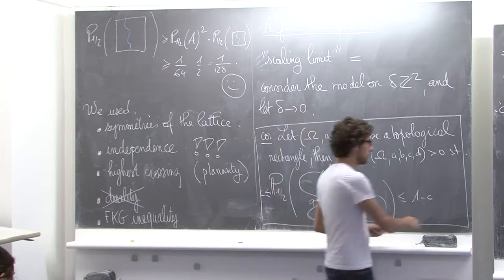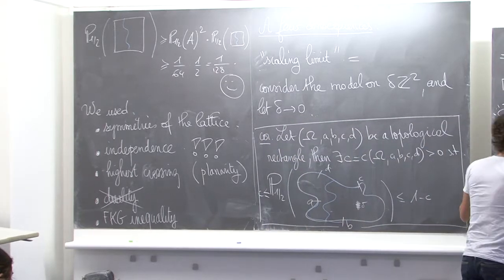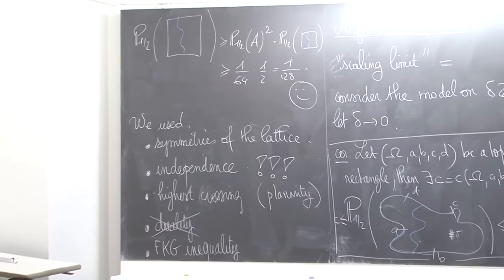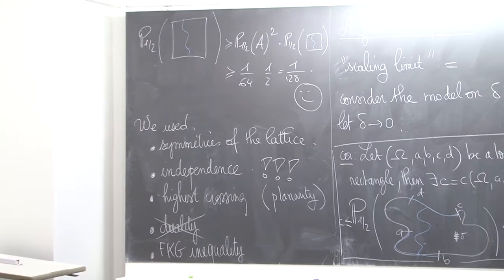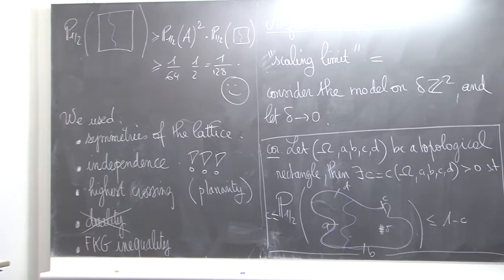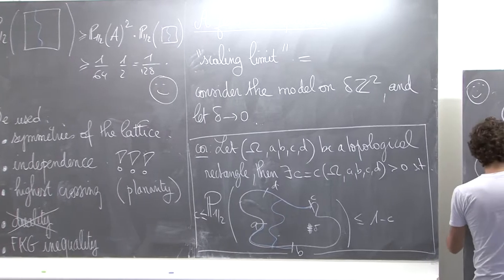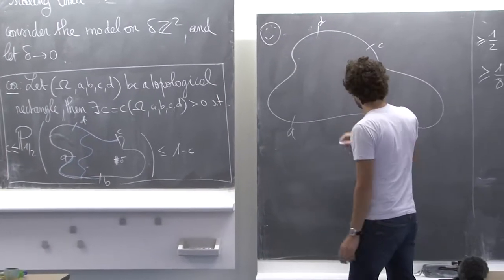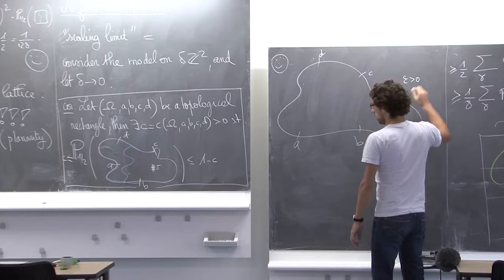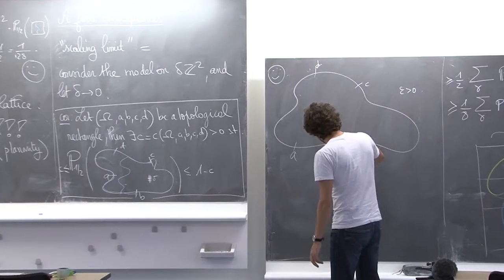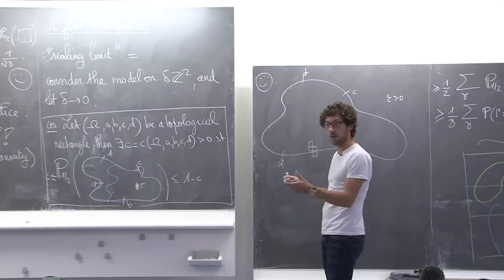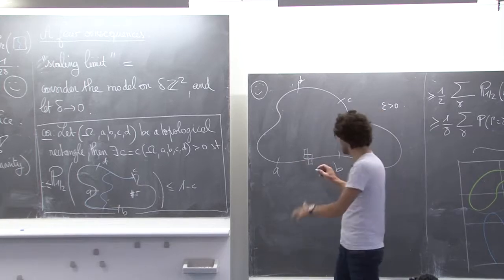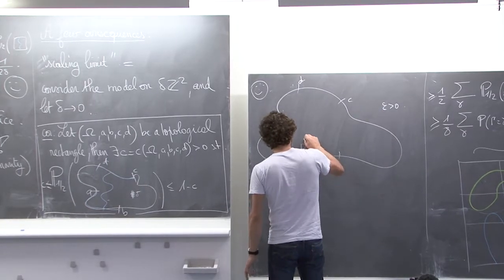Okay, so I'm not going to prove this, I'm just going to convince you that it's true. It's very simple to translate this into an actual proof. So you have your topological rectangle, you have your 4 points on the boundary. If you want to cross from there to there, what you do is you take epsilon, fixed but small, and you create a path like that of boxes 2 epsilon by epsilon. So far there is no lattice delta. You just create a path like that.